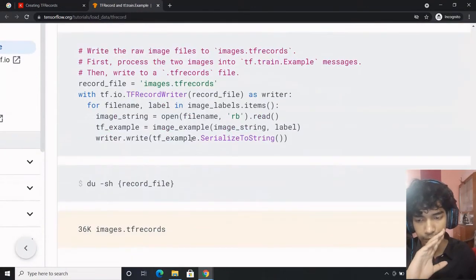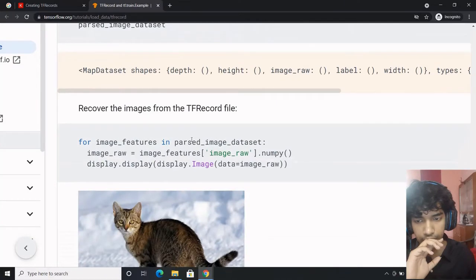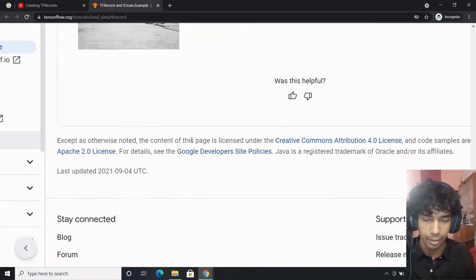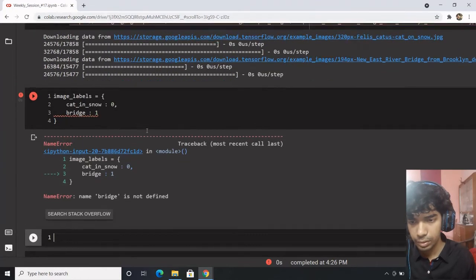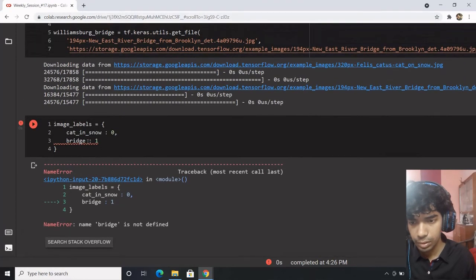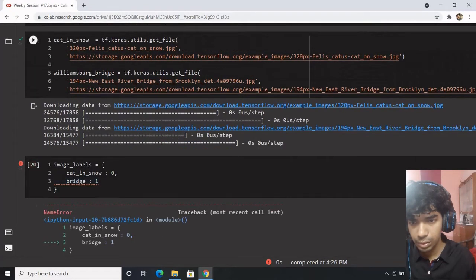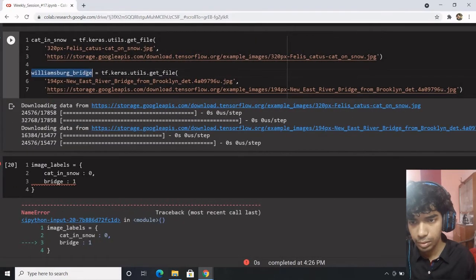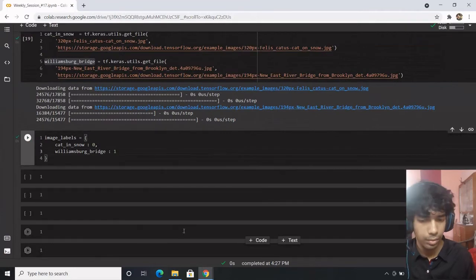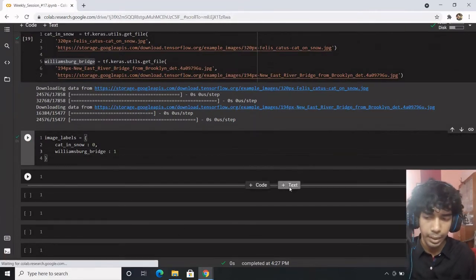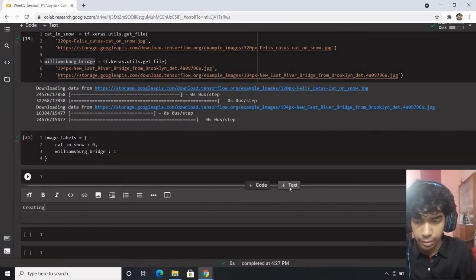So there would be two steps. One is the creation of TF records, then it would be getting back the data from the TF records. So step 1 would be creation of the TF records file.